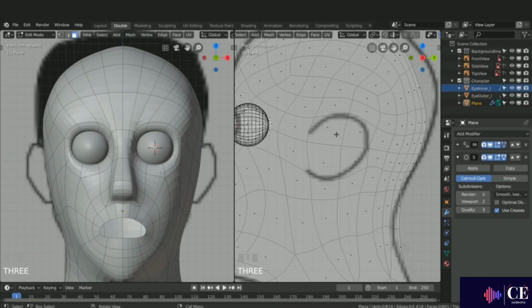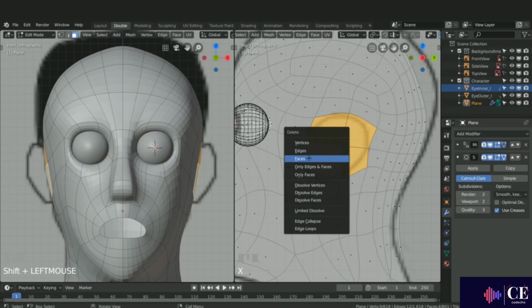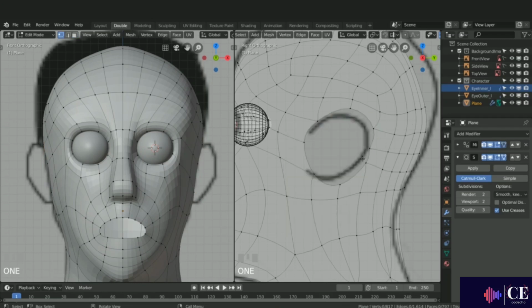So I'm going to press 3 for face select. I can select these faces here. I'll press X and choose faces. I'm going to press 1 now for vertex selection. I can alt select this here, and over in the front view what I might do is just press E